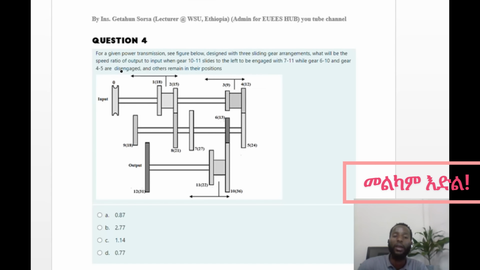The speed ratio of output to input when this with this information is 0.87 ይሆናል።